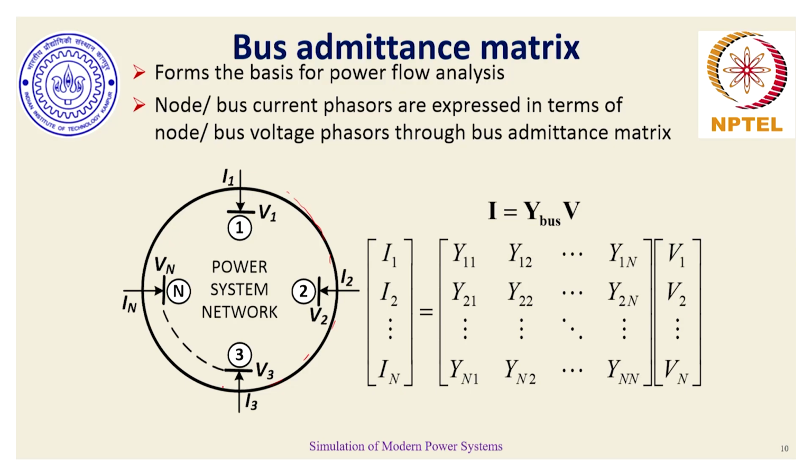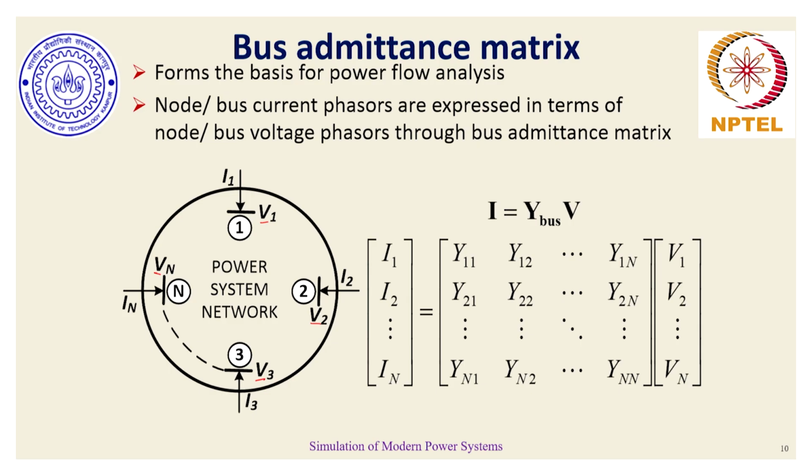So, if I have an N-bus power network, which is shown as this solid black circle, and inside this black circle there are a lot of interconnections through transmission lines, distribution lines, transformers, all being present, which intentionally has not been shown. I have just written all those portions to be part of the power system network, and eventually I have to find these voltages from power flow analysis, which is the output of the power flow.